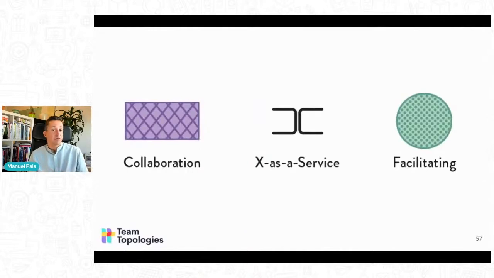And then we have the interaction modes between teams, right? Like I said, we're aiming for loosely coupled teams that can work mostly independently, but it's not black and white. It's not that we're never going to have dependencies between teams. So when we do need teams to interact, then we should have clarity on what kind of interaction that is. It can be collaboration, two teams working together for a period of time to achieve some solution or sort out some problem that is common to the two teams.